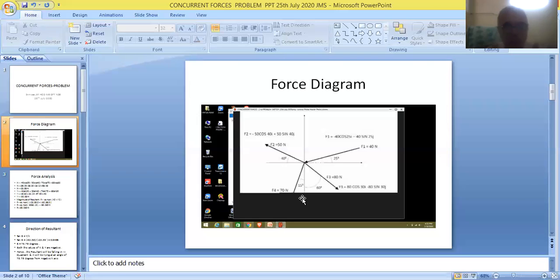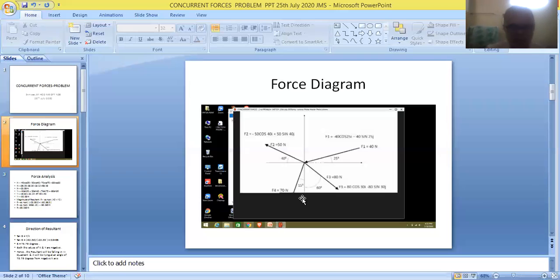So allocation of symbols for various forces is very important for making correct calculations. So instead of plus symbol, if you put minus symbol or vice versa, you will be going wrong while showing the results. You have to be very careful while allotting symbols for horizontal and vertical components.